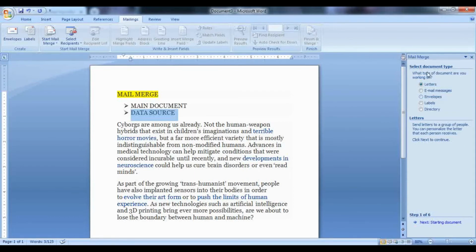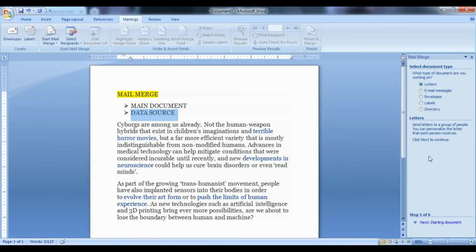So now, what type of document are you working on? So you have to choose the type of document which you are working on. So is it a letter, email, envelopes, labels, directories, whatever it is. So you have to first select the type of the document you are working on. So I'll just go with letters.